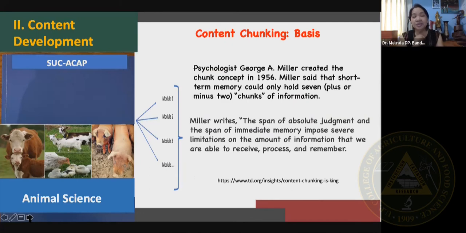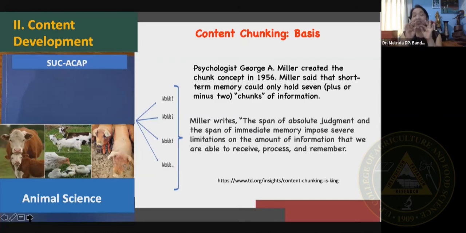Sabi ni psychologist George Miller, who created the chunk concept in 1956, the short-term memory could only hold 7 plus or minus 2 chunks of information. So, yung mga key takeaways. 7 plus or minus 2. So, we can go from 5 up to 9 key takeaways at any given time. So ganun yung magiging basis natin in chunking. But what is also important here is that they should be able, yung connected, hindi fragmented yung information. Yung bang mabubuo pa rin nila yung concept